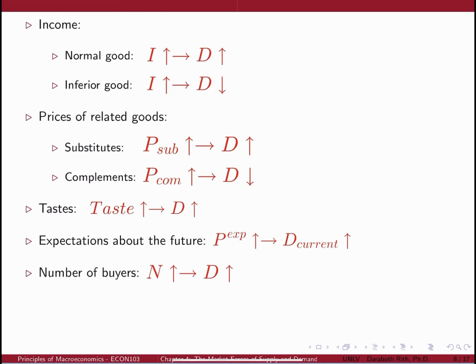Therefore, if there is an increase in demand, the curve will shift rightward or upward. But if there is a decrease in demand, the curve will shift leftward or downward. You need to understand the terminologies and directions correctly.